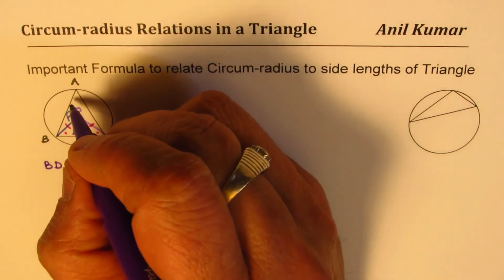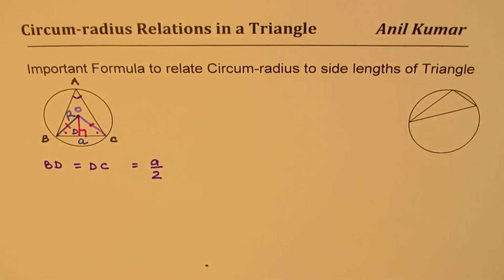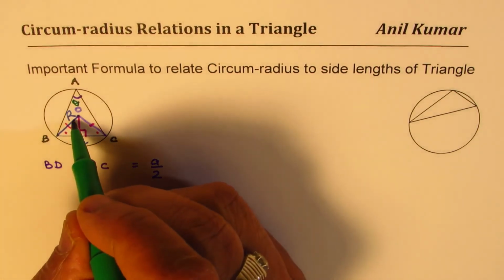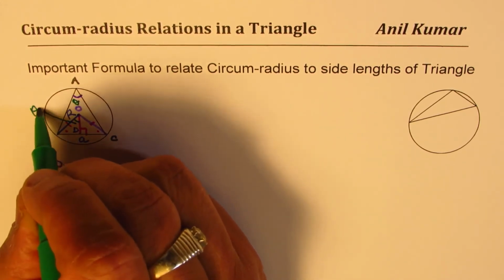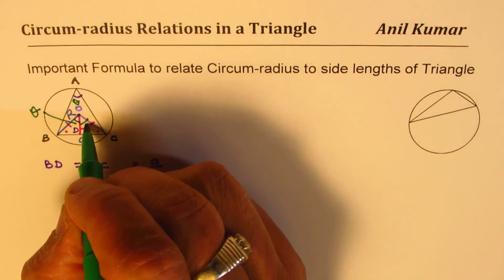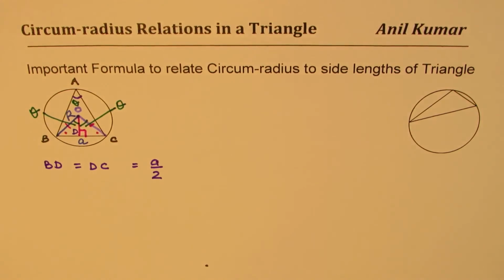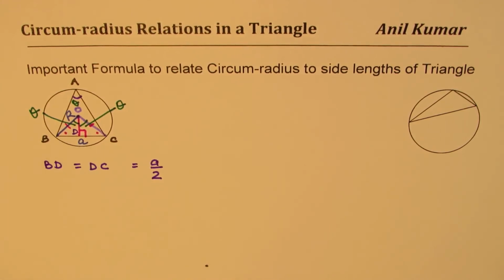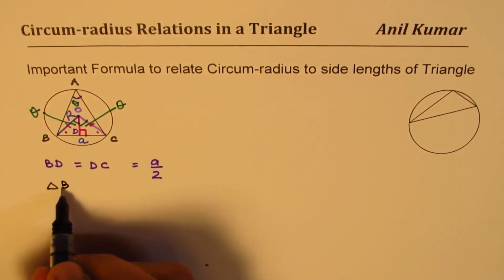Now, let us say the angle here is theta. Let me use a different color here. If this angle is theta, the total angle at the center will be 2 theta. So the smaller angle will also be theta, correct? These two will also be theta each, because the center angle will be twice that angle, right? So now we have a right triangle. So if you look into the triangle BDO,